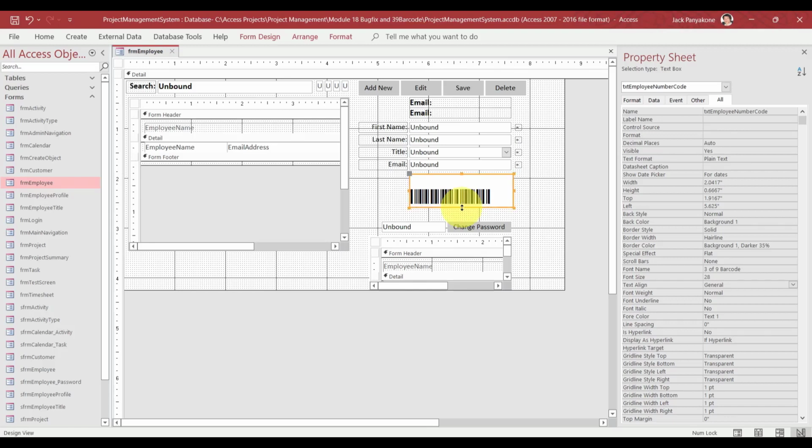That looks more like a barcode. Now we want to make this guy, the back style right here, normal. I mean transparent. Alright. Also, yeah, that's good. And now we can move this guy up because it's transparent. We can move this guy up right about there. And then